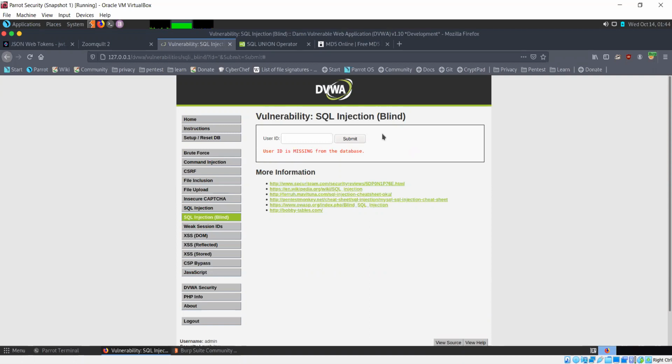Now in blind SQL injection, this kind of a situation is called a Boolean based SQL injection, where you send a query, the server returns a response, and that response could be either true or false. So in this case, user ID exists stands for true, user ID is missing stands for false. In blind SQL injection, you do not see results in the same way as you do in normal SQL injection. So keep that in mind. And blind SQL injection is a little more difficult to exploit.